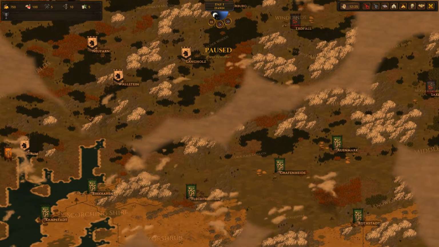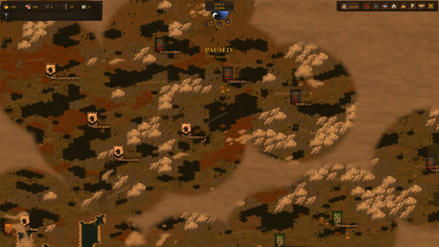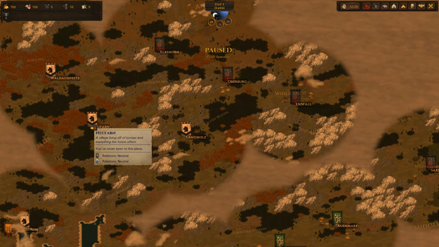The next thing I'm going to look for, if you want to get really advanced, is to make sure there's at least a couple towns and forests. Let's take a look at this one. A village living off lumber. Got it. So as long as you've got at least one of these kinds of places, this is where you can hire